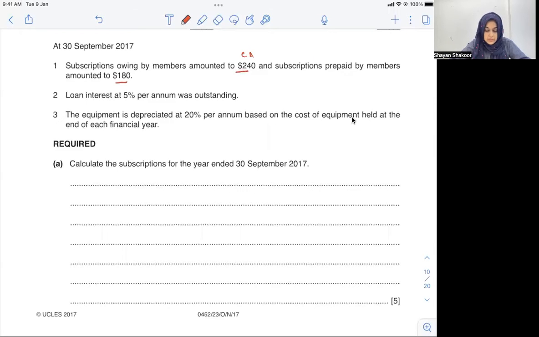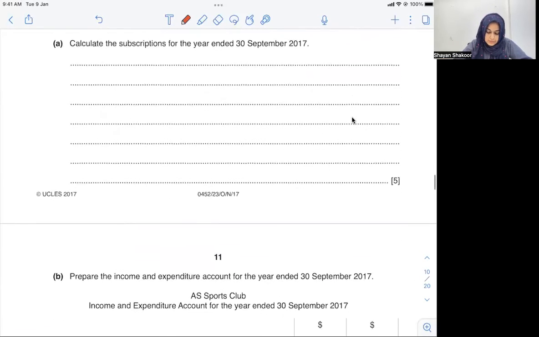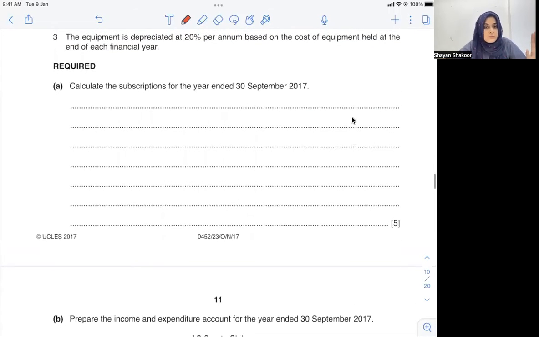You're going to receive the money in the future, and this is your current liability because you've got extra for the next year and you need to provide the service in the future. So if you calculate subscriptions, they haven't specified what format you need to use. However, the best thing is to make a subscriptions account because it has a very simple general rule that you need to follow for all income accounts. So if you make a subscription account here,